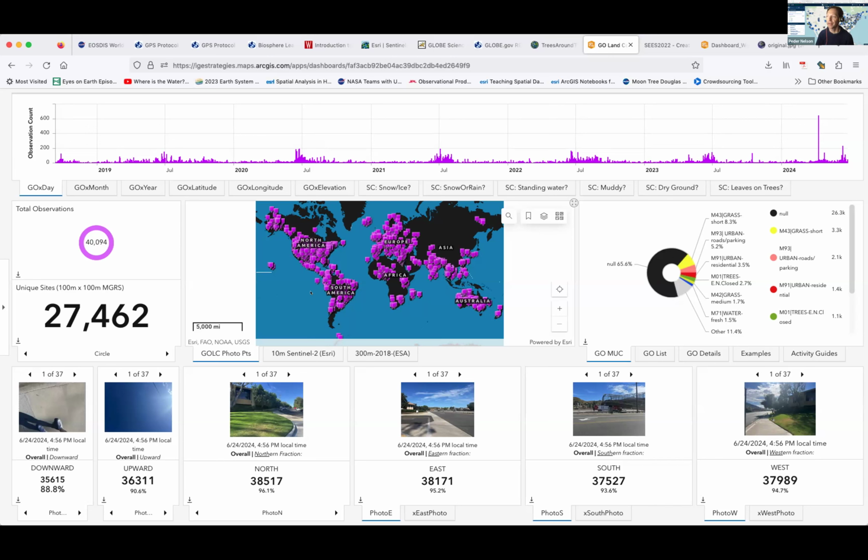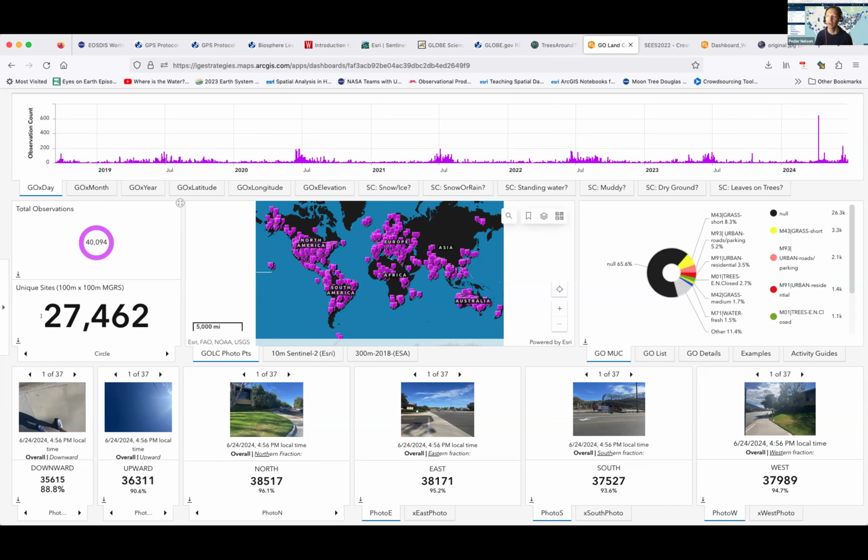I just wanted to show you some of the summaries that you can do with these land cover pieces. As Brian mentioned, inside of there you can count the number of unique site IDs, and that tells us how many 100 meter by 100 meter areas there are.